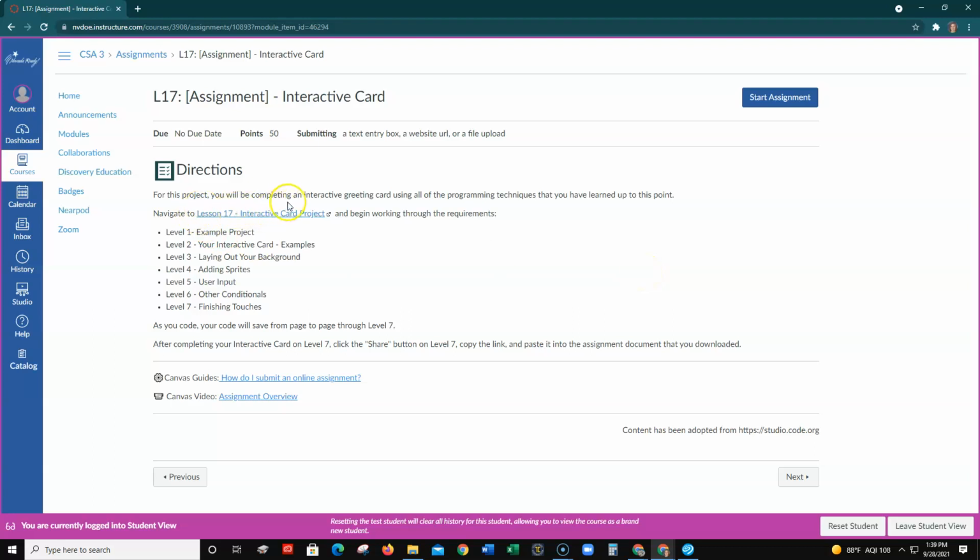For this project, you're going to be completing something like an interactive greeting card, or just anything that's interactive, using all the programming techniques that you've learned up to this point. You're going to go through all 7 levels. There is no worksheet for this. You would just click Start Assignment, and then submit the link to level 7 when you have